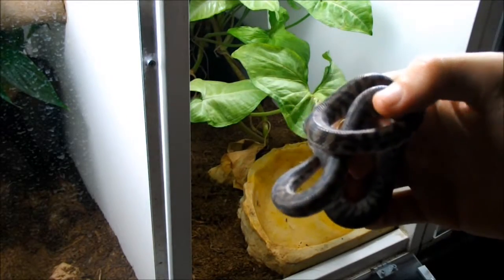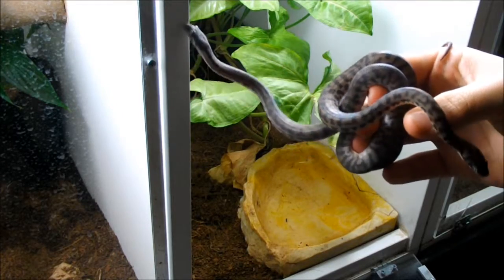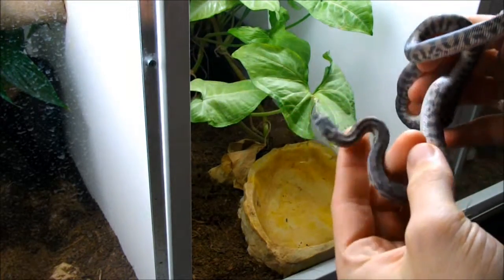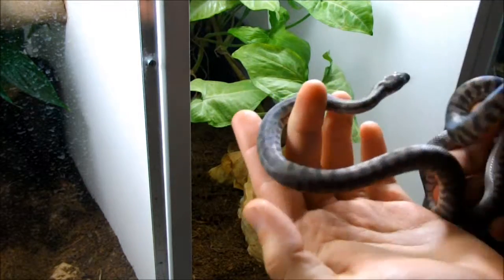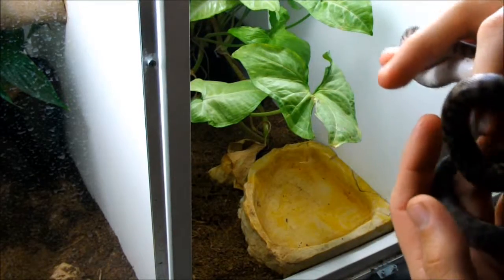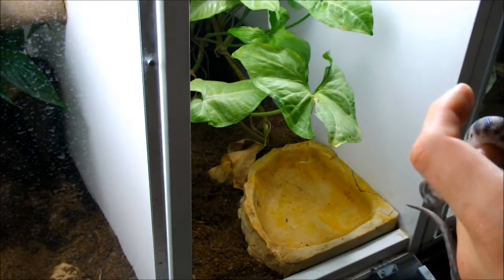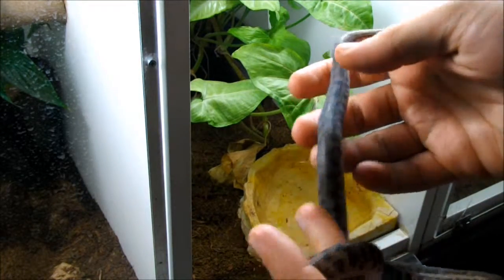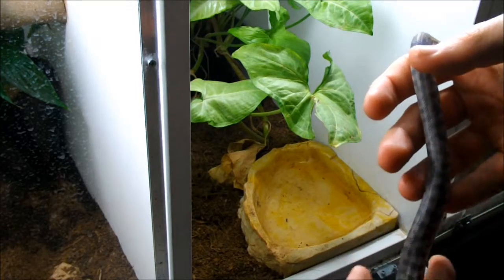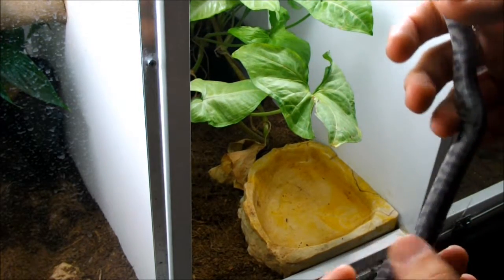Hi guys, so what we have here are some Antaresia stimsoni. These are Georgetown locality Stimson's pythons, or large blotched pythons, depending on which name you use. And so these guys are from the Georgetown locality individuals, which, in terms of identifying some of the traits of this locality,